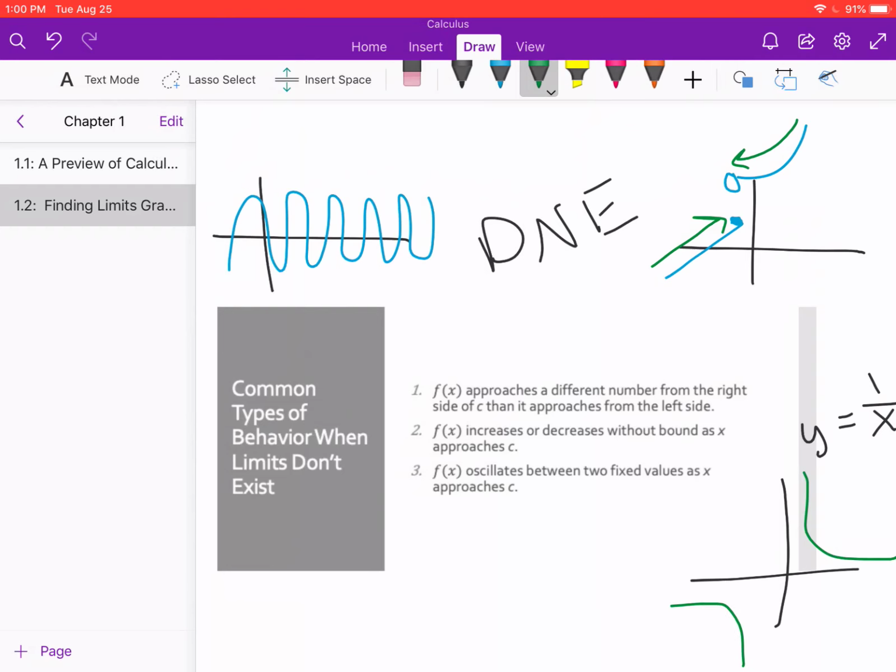Notice that for the limit as x approaches 0, if we follow it here from the left, it's going down and down and down without bound. Here it's going up, up, up without bound, so this would fit both category 1 and 2 here. Other than that, that should be